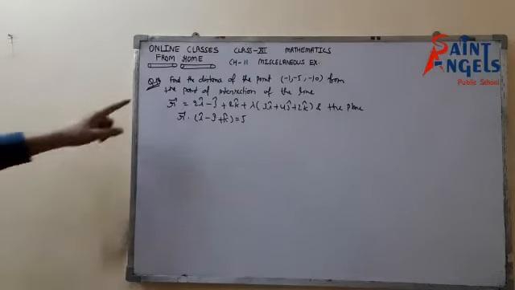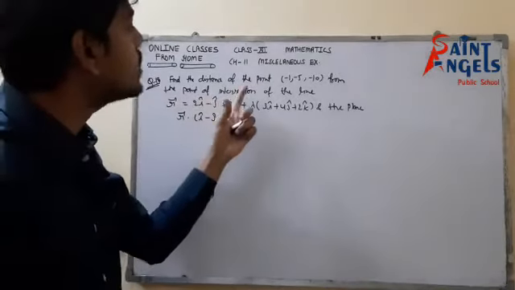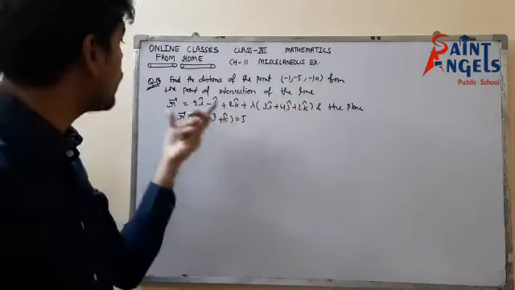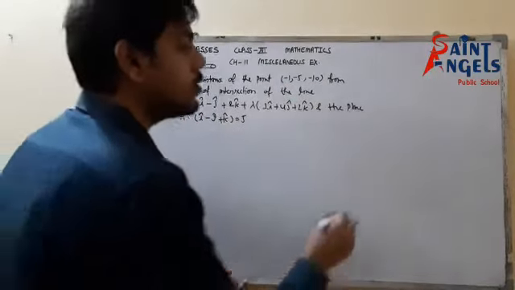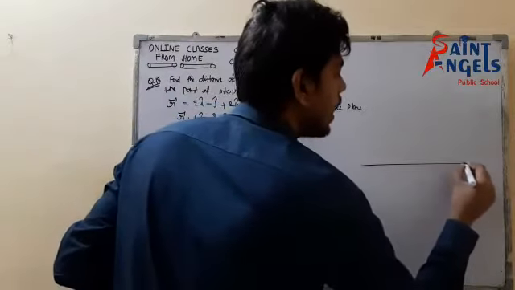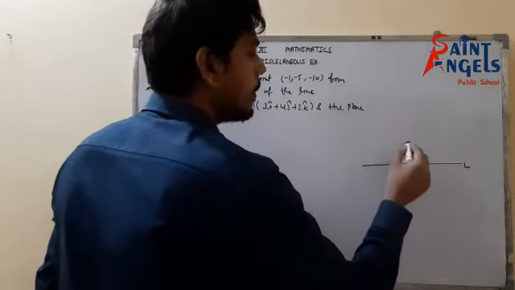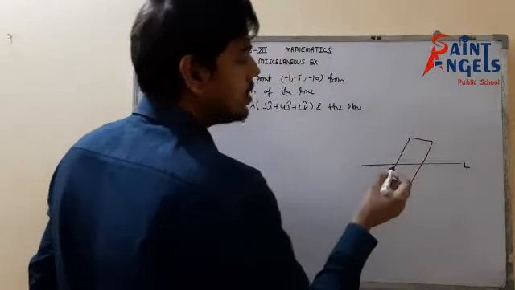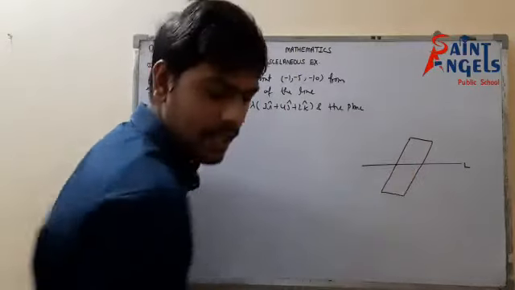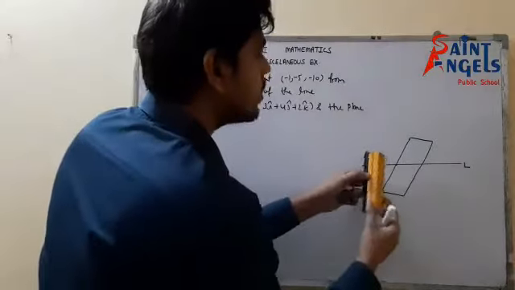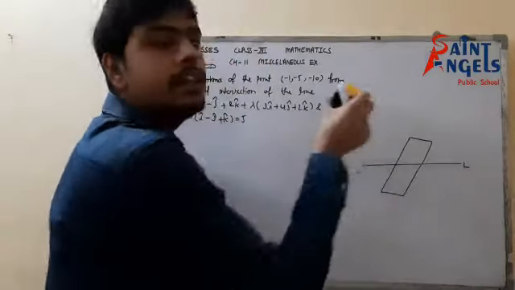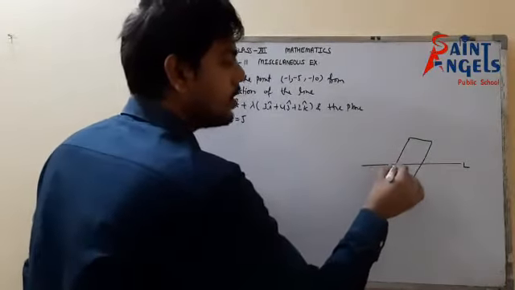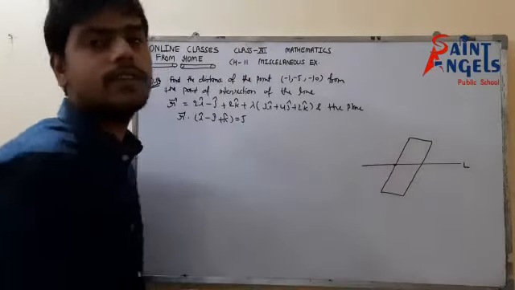Now look at the question number 18 here. Find the distance of the point minus 1, minus 5, minus 10 from the point of intersection of a line and a plane. Suppose I have a line L and a plane P. So these are intersecting at this point. It's like this is the plane, so it will cut on a single point. Okay, 3D effect. So don't think that it will cut in 2 points. Suppose this is the point at which the plane is intersecting with the line.